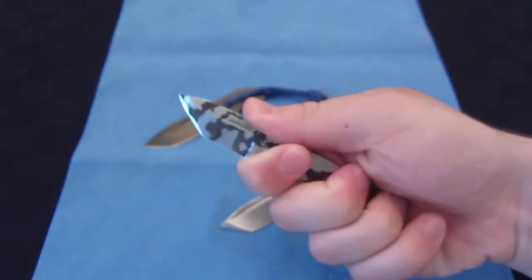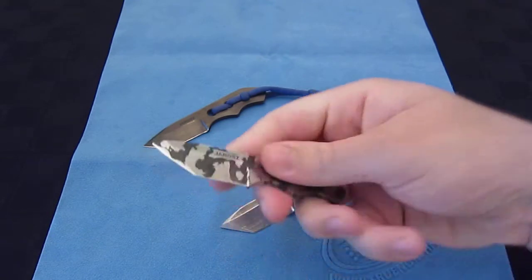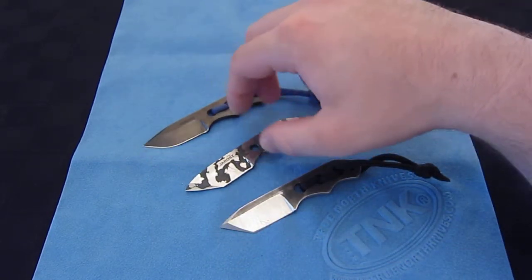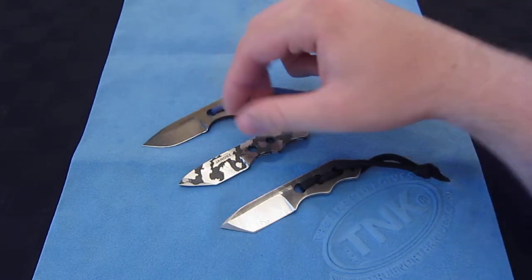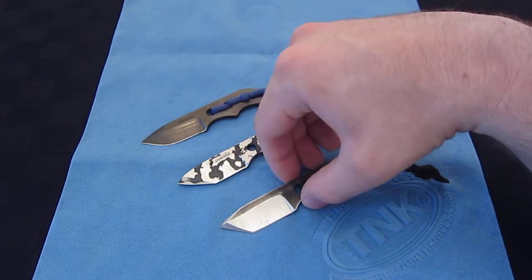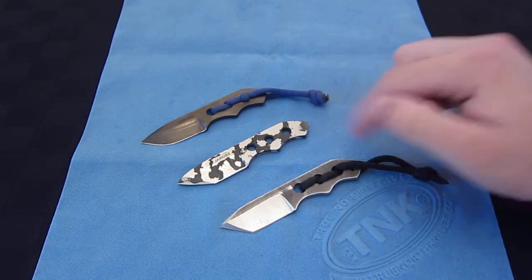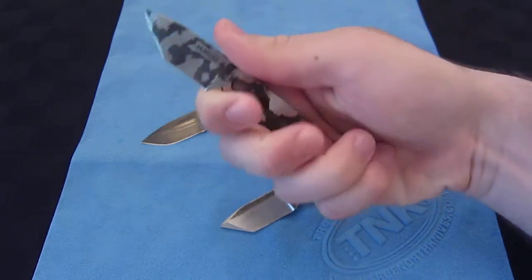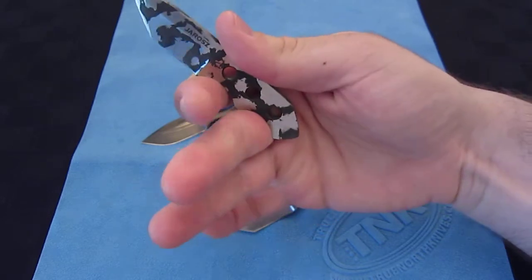Without having the lanyard, it's just all right. I bought both of these, and then Jesse gave me this one as a gift, because I was actually sick for quite some time, so he gave me this as a get well gift. But this one didn't come with a lanyard, and these two did. So I'm going to throw a lanyard on this one eventually, and it really does make quite a bit of difference. I mean, you're really holding on with 3 fingers here,